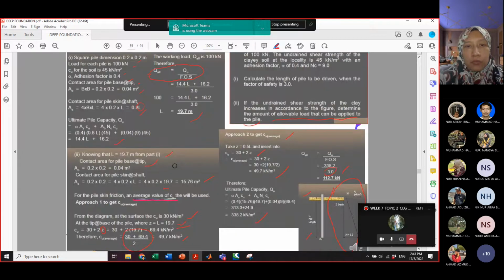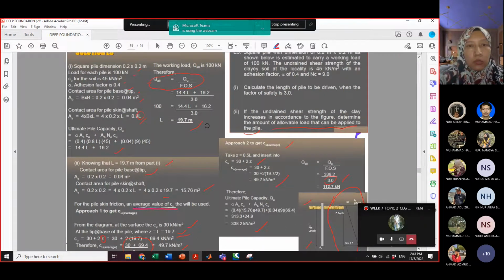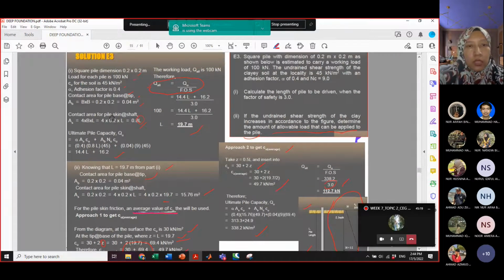Okay, there are a lot of examples for this topic. If you look closely and take your time to read through all these examples, you may understand the differences in calculations for circular piles and square piles. Okay, this is an example where we have a square pile, where I mentioned to you earlier that the formula is